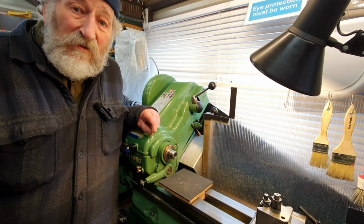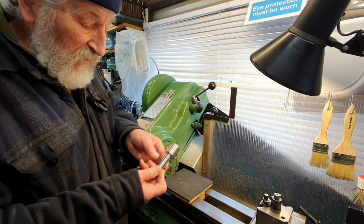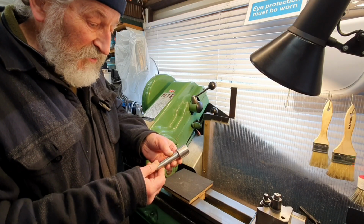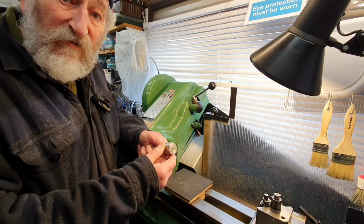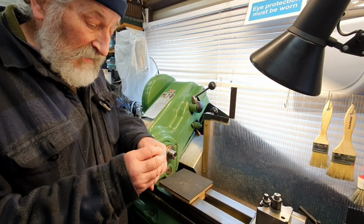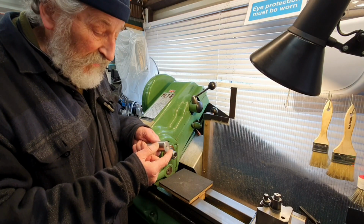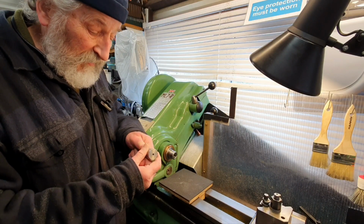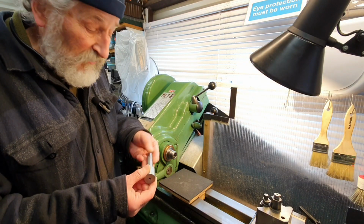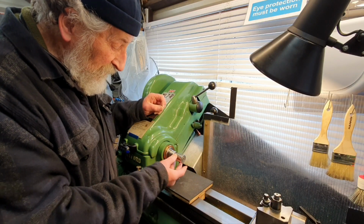About a month ago, I made a video where I was using one of these Morse Taper 2 (MT2) arbors with a soft, machinable end, to make a simple adapter to mount a centre drill in here, and to turn this, because it has a taper on it. Obviously, it's not going to fit in the chuck of the lathe, so I fitted it directly into the Morse